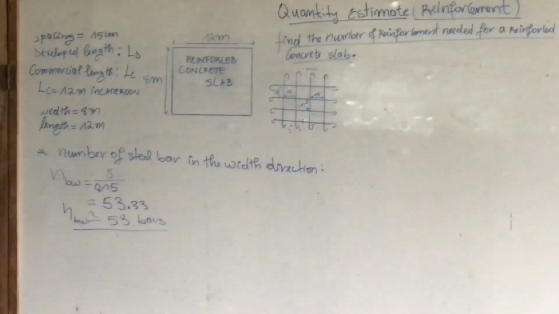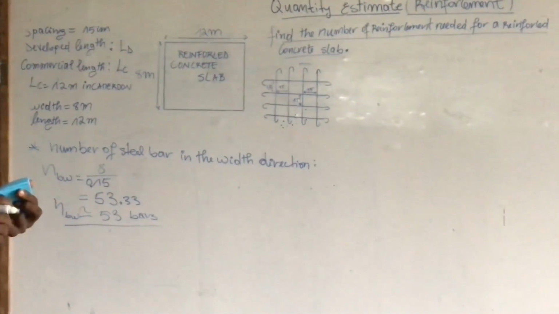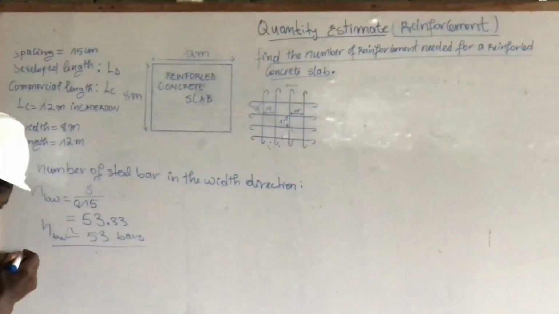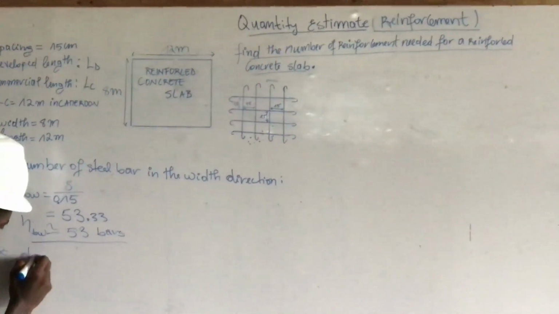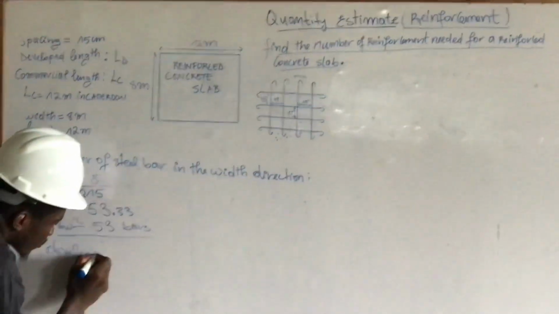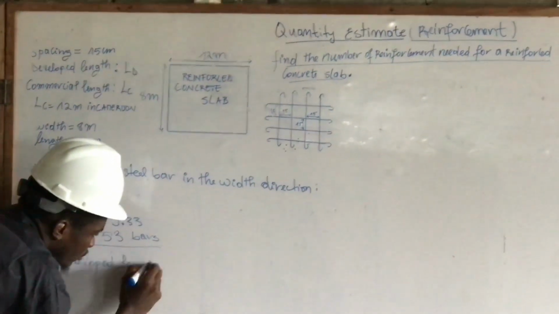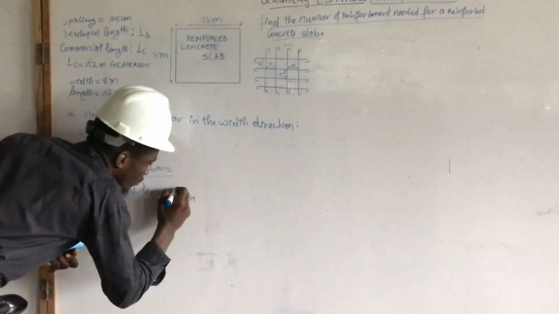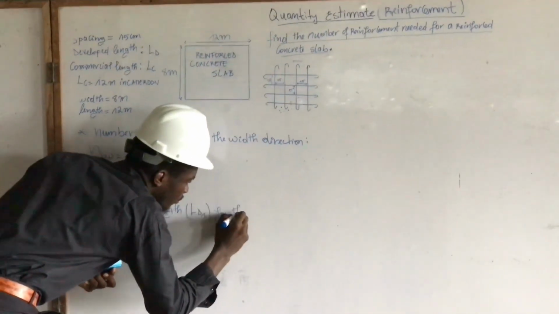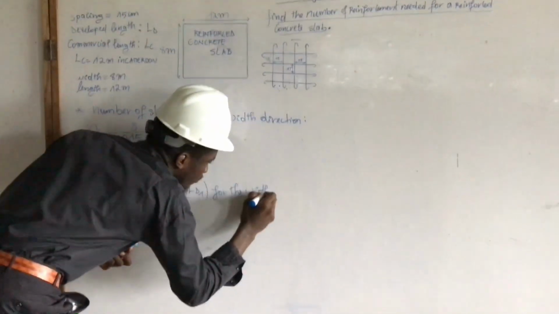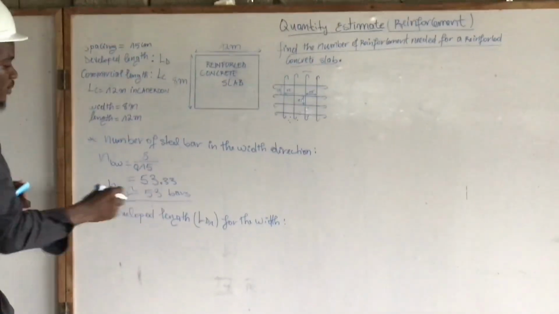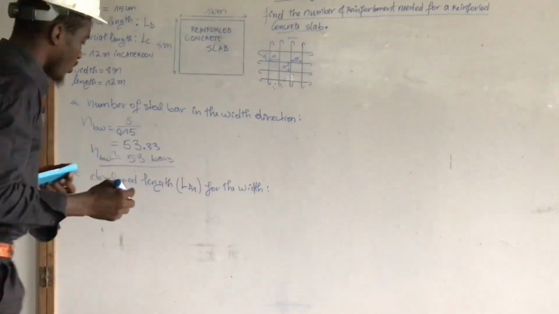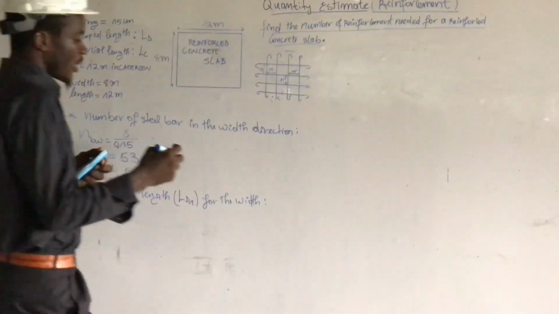And now we'll find the second thing, the developing length of the bar in the direction of the width. We'll find the developing length of the steel bar for the width, which is equal to what? How do we get it? First of all, we have to know that